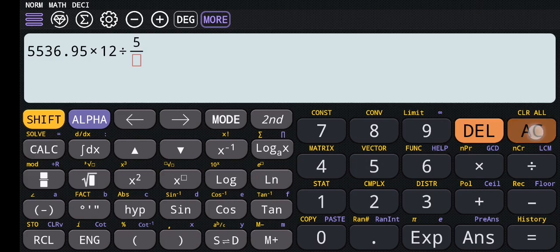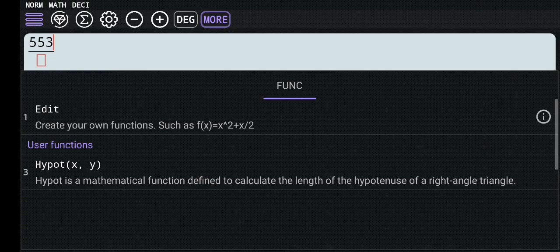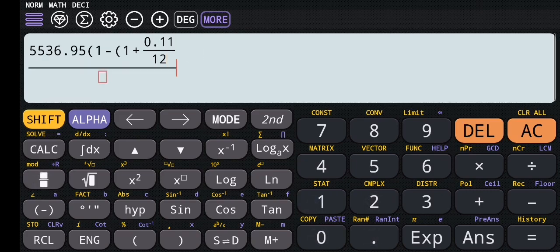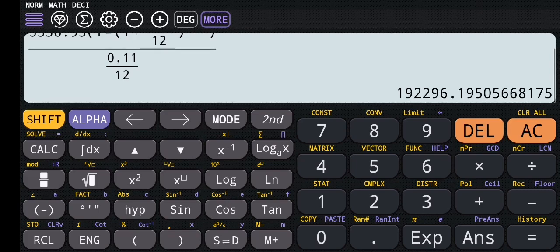It is 5,536.95 into 1 minus 1 plus 0.11 over 12 raised to negative 42, all over 0.11 divided by 12. Now it equals